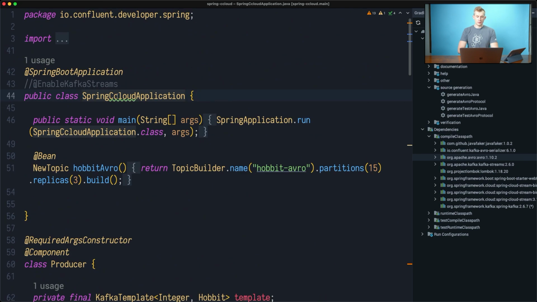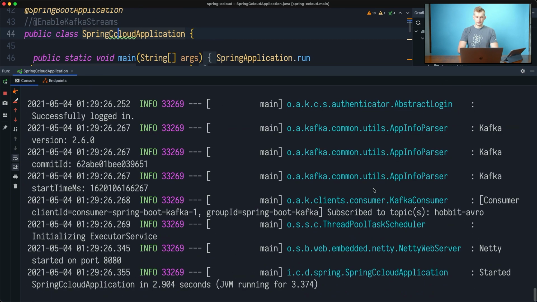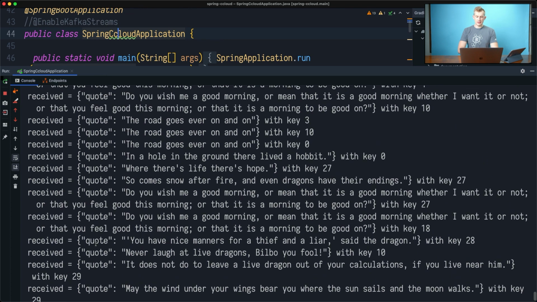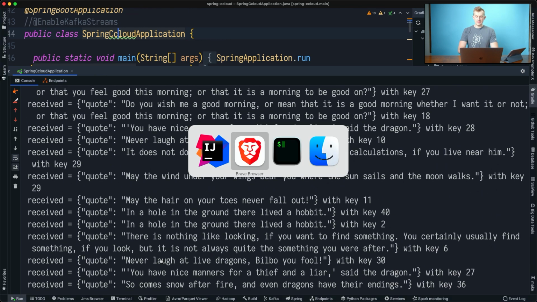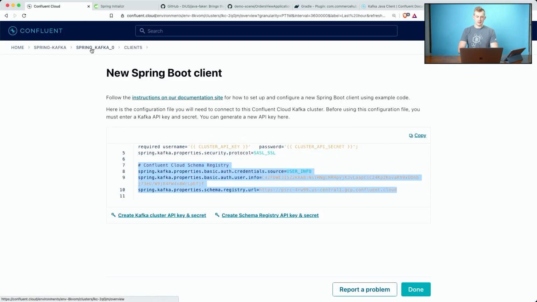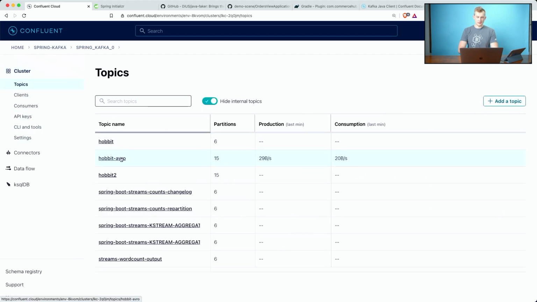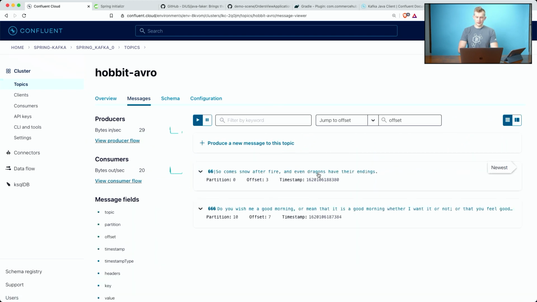All right, so let's run this. And what we start seeing here is our System.out.println starting to write data in Avro format. So let's see if we can see the same data in our topic. I'm going here, topics, Hobbit Avro, messages, and voila.